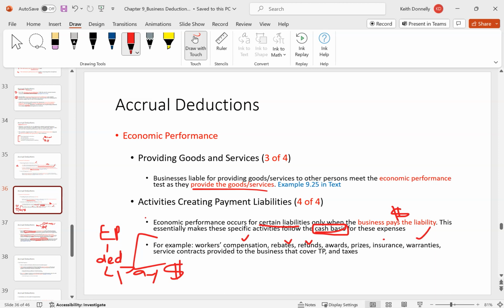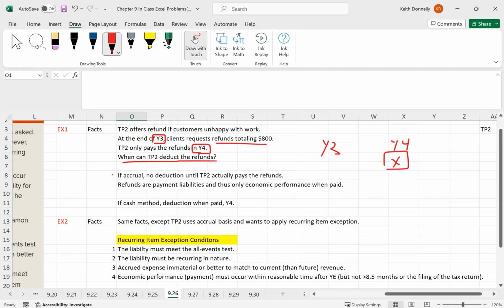This would be scenario 4. It's basically cash basis. You don't get refunds. You don't have economic performance until year 4, okay? So that's the idea there. You would get the expense in year 4. That's going to be the general rule, right? Where we got to meet both the prongs, the all events